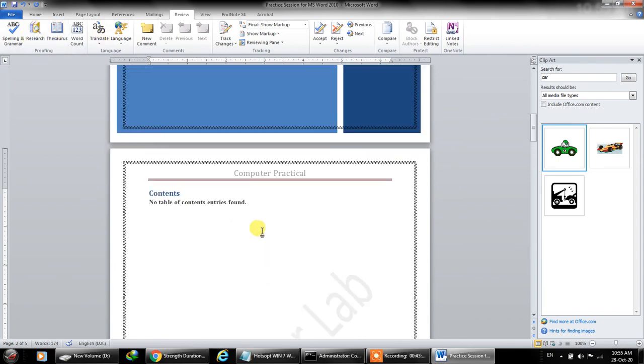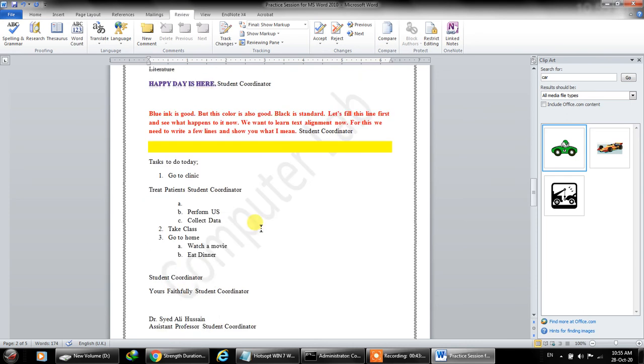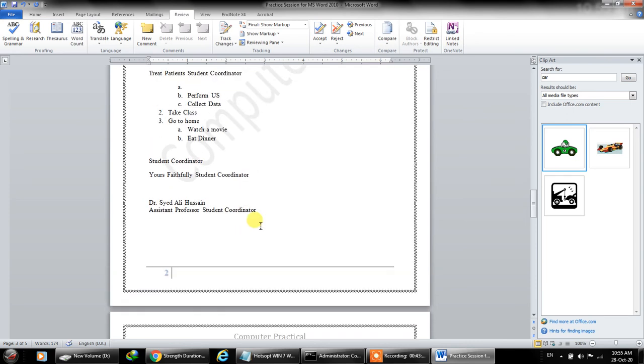But there is one very important feature or function that is there for you guys, and it is the real review of any document. If you want to click on track changes, if you have emailed me a document and I want to show you what you have sent me, what I have corrected, what I have deleted, every single thing. Now I have removed the word. This is track changes. Track changes means what the other person has changed in your document. You simply turn on the track changes, and then it will save all those changes.